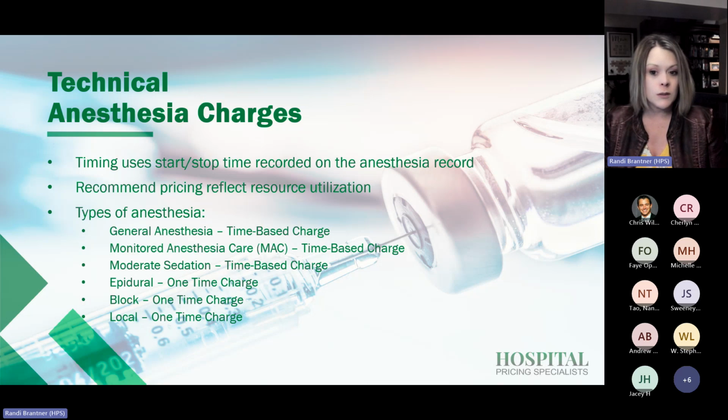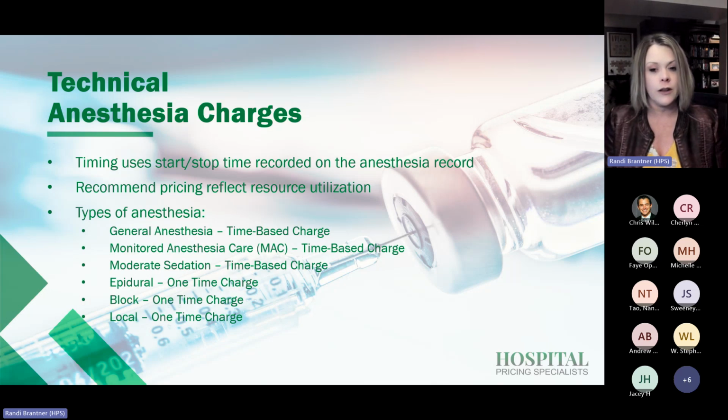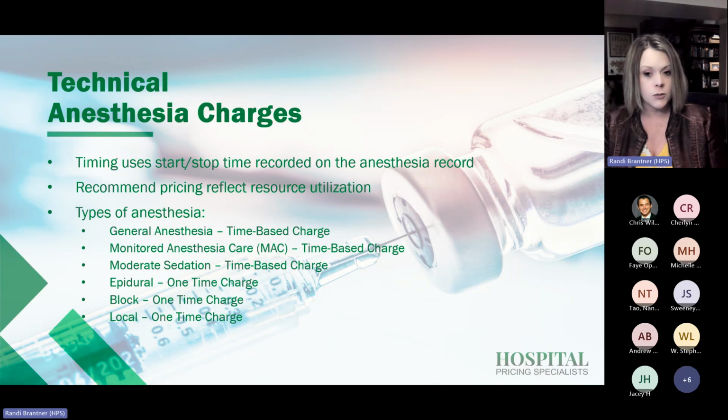Meanwhile, epidurals, locals, and blocks are one-time charges. Now, reimbursement for technical anesthesia is generally included in the overall surgical reimbursement package for Medicare. And the information is a little elusive in the Medicare claims data. So we don't have the capability to price at a Medicare reimbursement rate, a multiple of that rate, or the peer average. So we do recommend really digging into the resource utilization in these time-based increments where we can, or